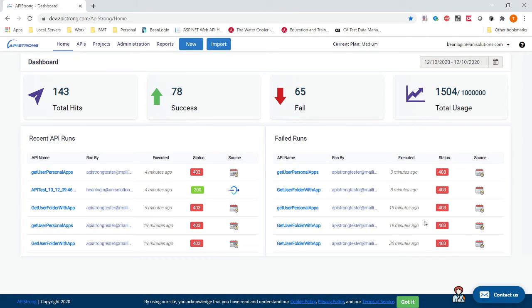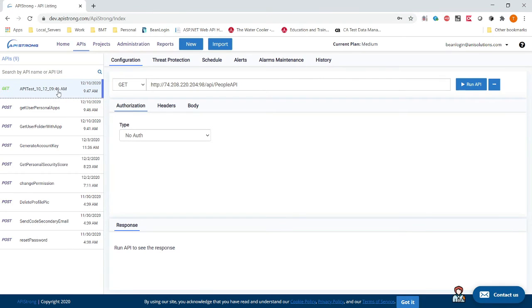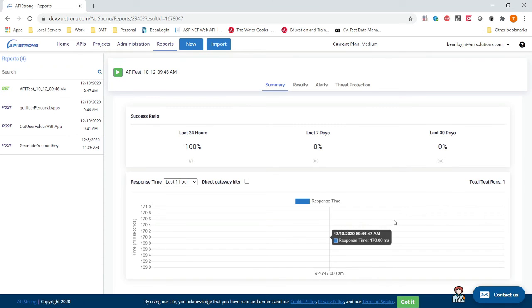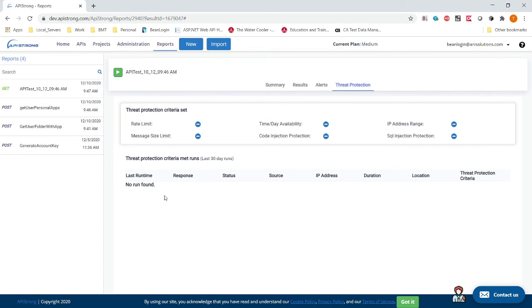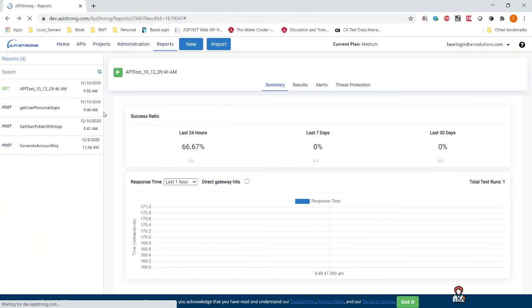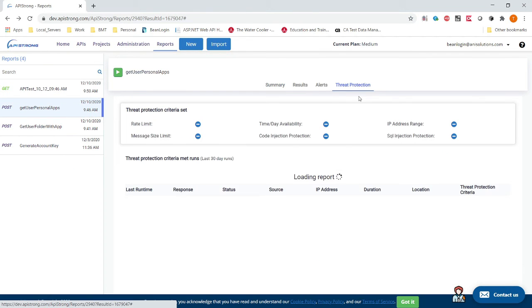Now, I'm not going to get into too much detail, but if I click back on home, I can see these. If I go to my reports, well, let's do it this way. There are a couple of ways to get to this, and one of the easiest is to click on this one, which I think is the one we just did. It is. So if I click on this one and look at the history, I can see that this was an outside source. When I click on it, I can get the information about it. I talked about it in another video, but more importantly, I can see the threat protection. Now, we didn't save any of that, so it didn't go through yet, and it takes a little bit to calculate because it's a report. But if we look at another one, oh, you know what? I probably could have looked at it right there. I'm sorry. If I look at one of the other ones down here and hit threat protection,